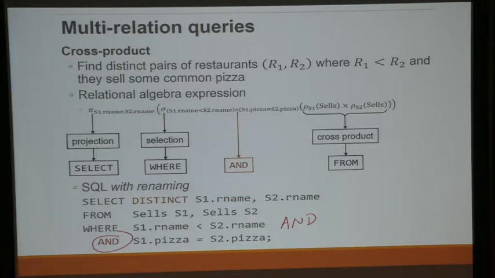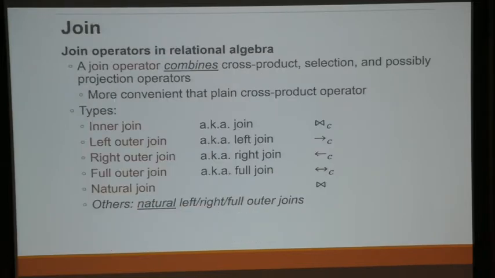Actually, let's try to continue with the join. We do have some time because I think the next class usually comes at around 35, 40. We have multiple kinds of join. Right? Join is kind of like a cross product, but you can specify certain conditions, which means that you can combine the cross product together with the selection. And you can also do some kind of projection. But the projection is only for the natural join.